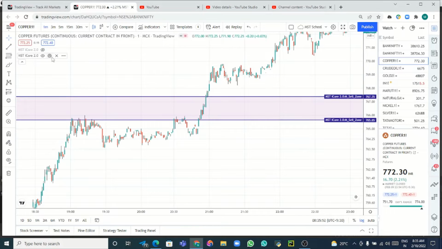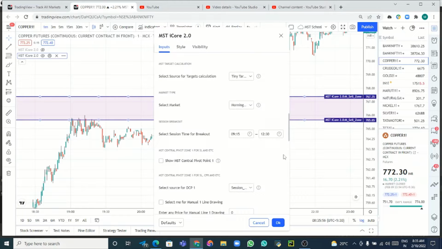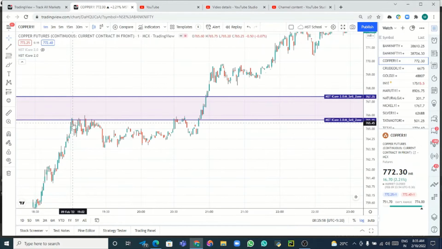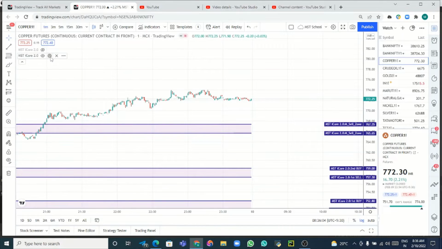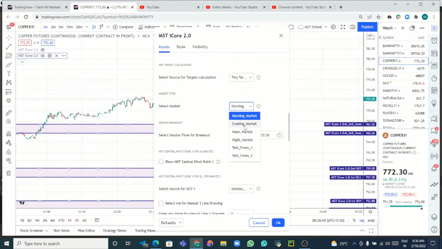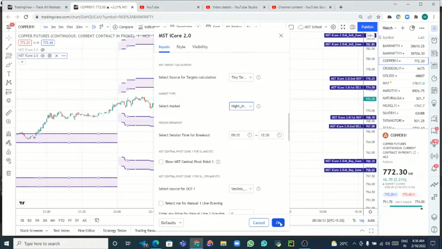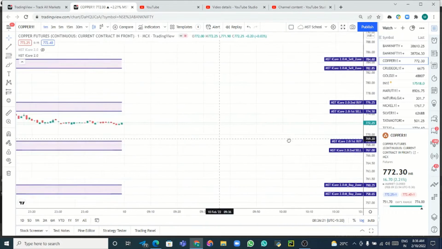morning session, morning market. See here, now it is in the morning market. In the morning market also, the sell got activated and targets hit. Now suppose you want to trade in the night market, whenever these lines are formed continuously like this, after this line, then only how to trade. So now what you have to do,